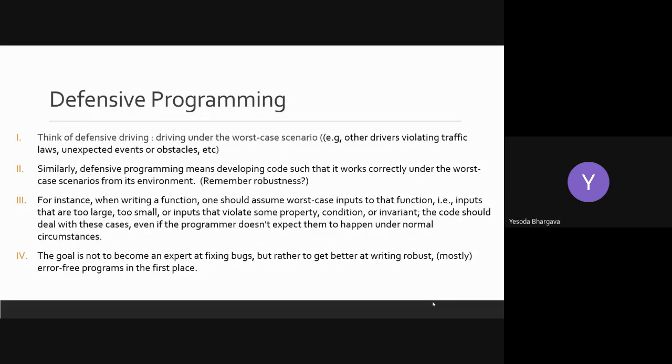It's more like defensive driving, in which you drive under the worst case scenario, imagining that other drivers are violating traffic laws. So similarly, defensive programming means developing code such that it works correctly under the worst case scenarios from its environment. So how do you think defensive programming is related to the robustness of software?